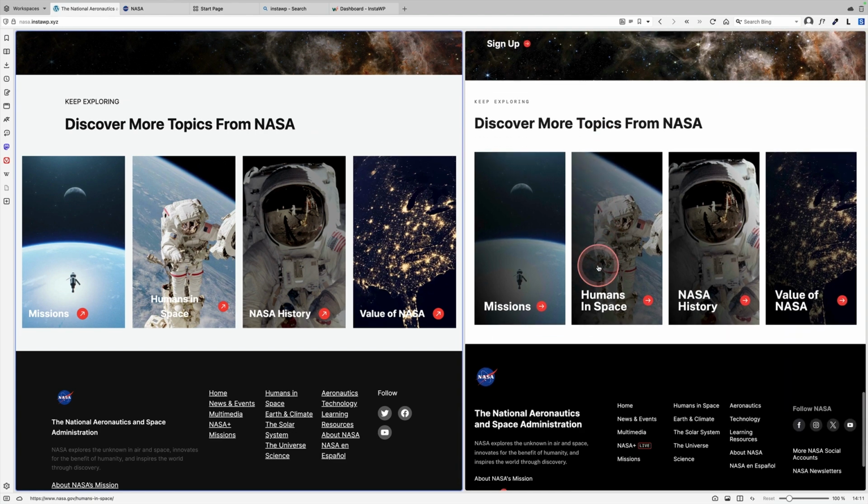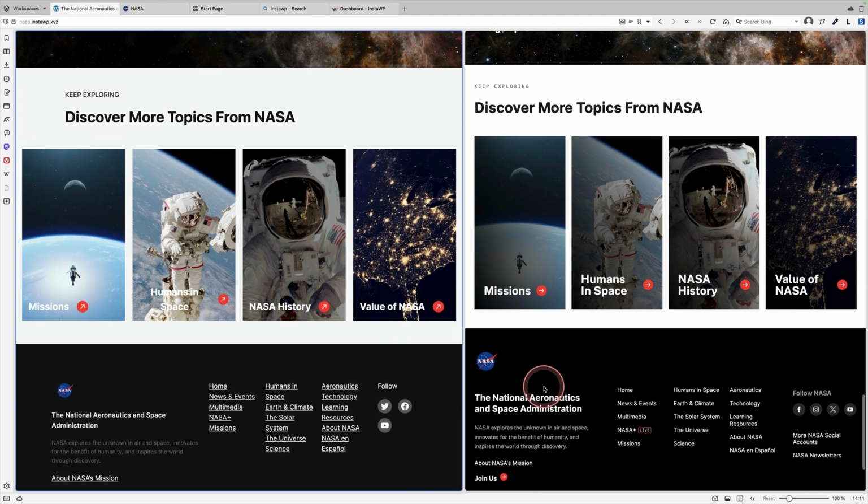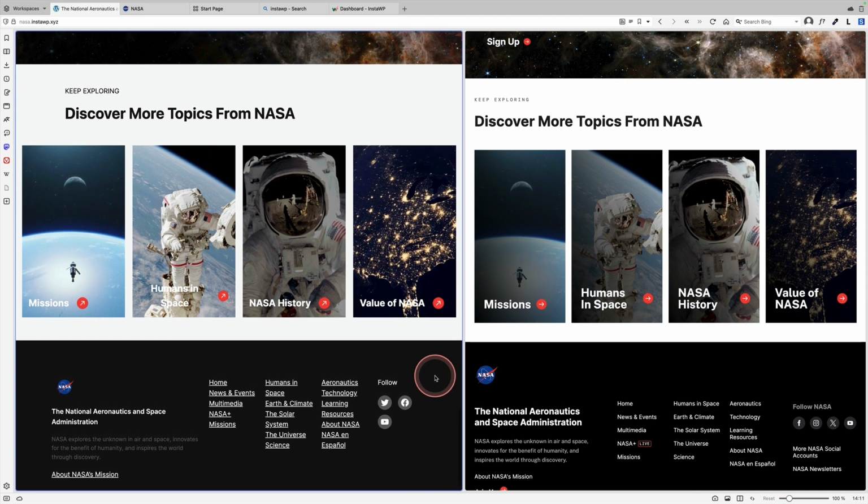Then we've got this section here, which is pretty much spot on, I think. And I just used the columns block here and added some cover blocks in. And yeah, that's pretty good. And then I've got the footer section at the bottom where, you know, I've not replicated it exactly, but the main design elements are definitely there.